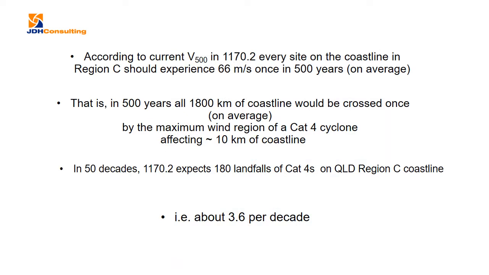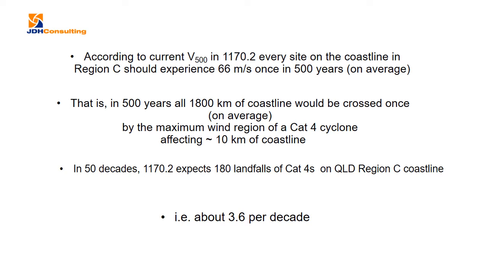Well, the previous slide showed the footprint of contours of maximum gust produced by Cyclone Yasi back in 2011. And this can be regarded as typical of an impact of a severe category 4 or 5 storm. Now that produced a 10 kilometre strip on the coastline of 65 metres per second gust or greater. And that is a gust at a standard height of 10 metres over land, over rural land terrain. So it's interesting to compare that with what we have in AS/NZS 1170.2